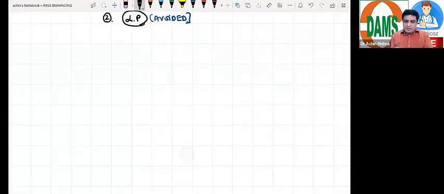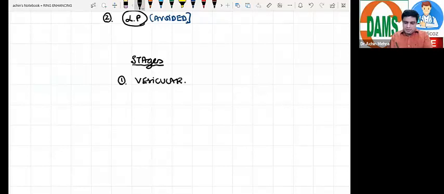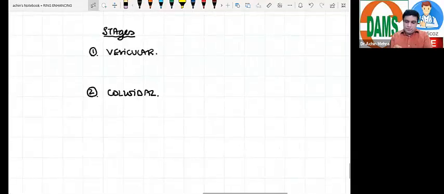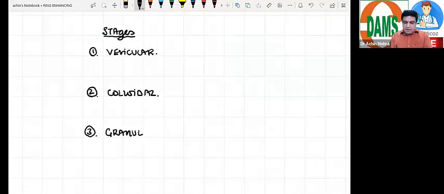Let me remind this back because this is something commonly asked in the exam. Stages. The first stage is the vesicular stage, the viable stage. The second stage is the colloidal stage. Third stage is the stage in which the granuloma will appear. And the fourth is a dead stage, that is a